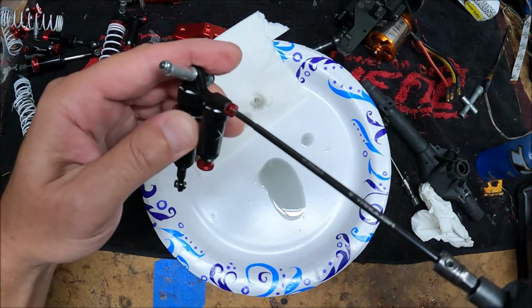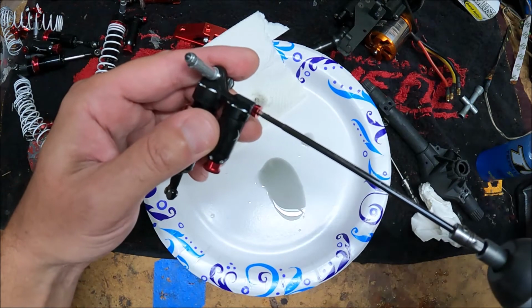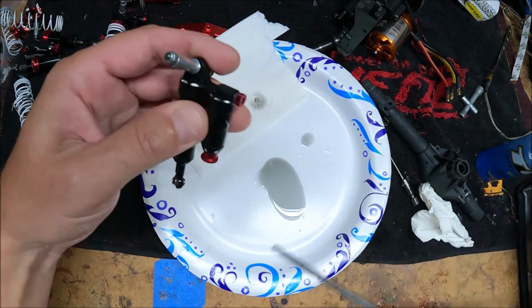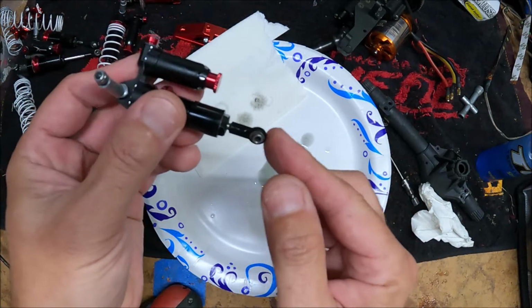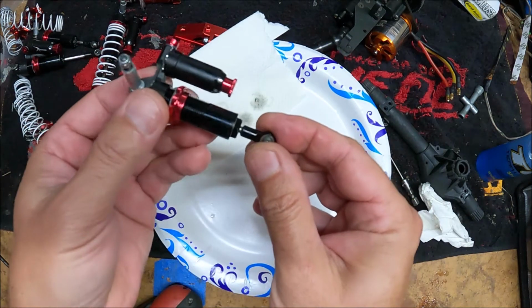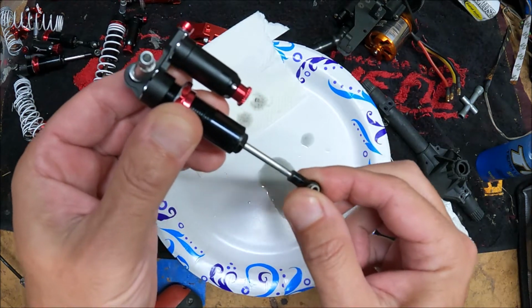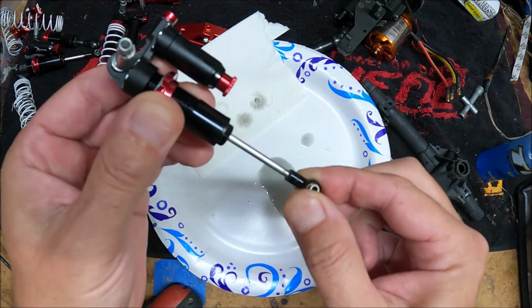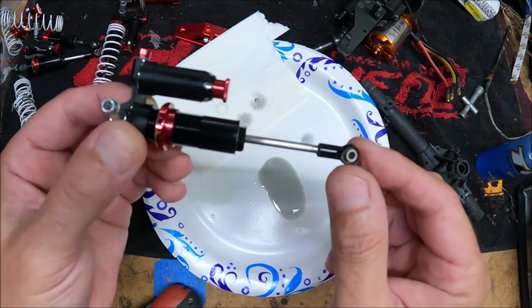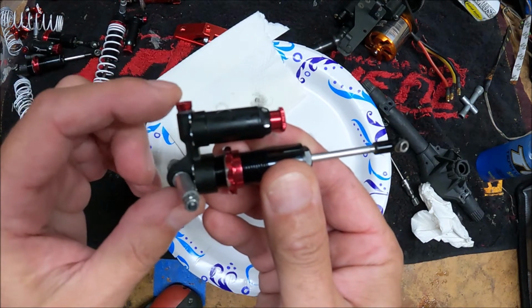And then I just hand tighten it. I'm using my drill, but I'm not turning with it, I'm just turning it by hand. Finger tight, and then about a quarter turn more. And you want to assemble it with the shock in the closed position. And then now we have a nice smooth movement. If you put it together like this, once you assemble the top, and most shocks don't have this bleeder valve,